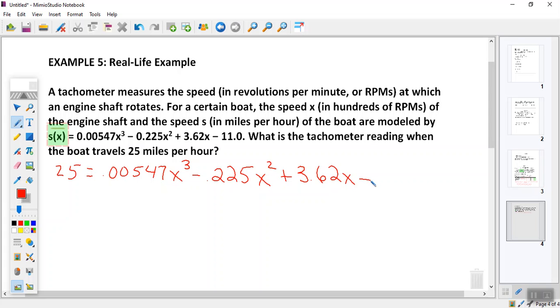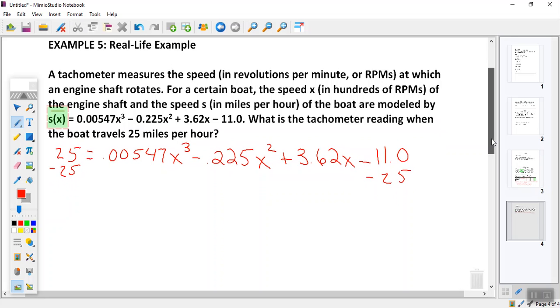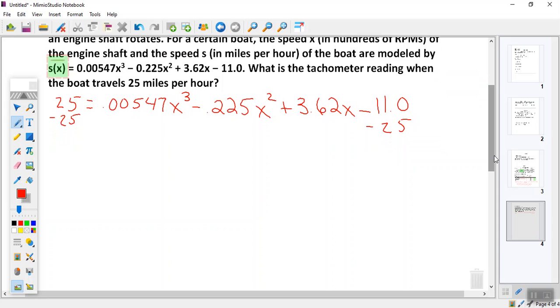minus 11. Now, kids, everything in this section has been focused on finding the zeros. Is my polynomial function equal to 0 at this point? No. Could I make my polynomial function equal to 0? Yes, I could. What would you have to do to make this equal to 0? Subtract 25, right? So if I subtract 25 over here, that would combine with the minus 11. So here's what I'm telling you to do, kids. I can go 0 equals